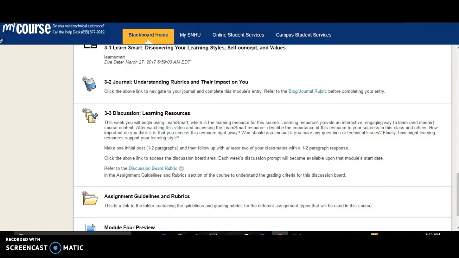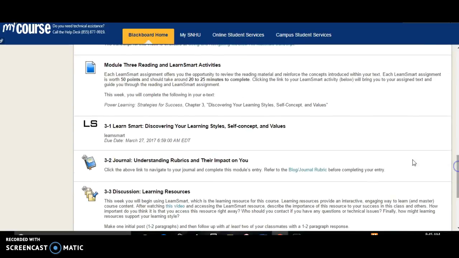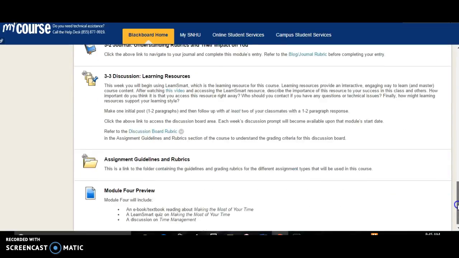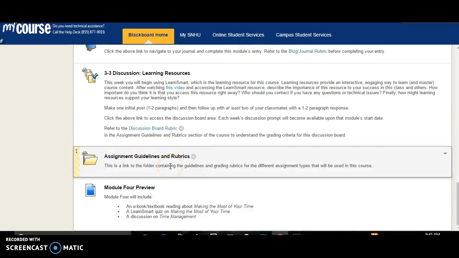Okay, class, I am back in Module 3, and this time I want to discuss the journal assignment for this week. But before I actually go to the journal assignment, I want to talk about the first thing you need to do before starting the journal. So here you see where it says 3-2 journal, understanding rubrics and their impact on you. Before we actually go there, I want to scroll down to assignment guidelines and rubrics. This is the first place you need to go,